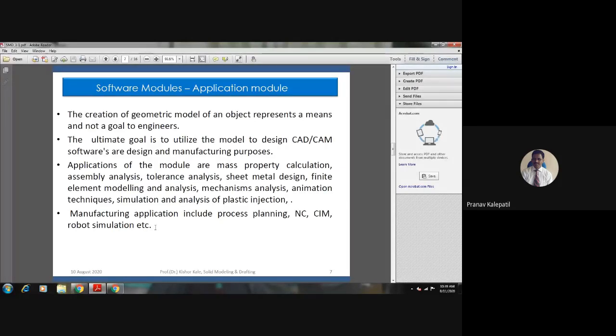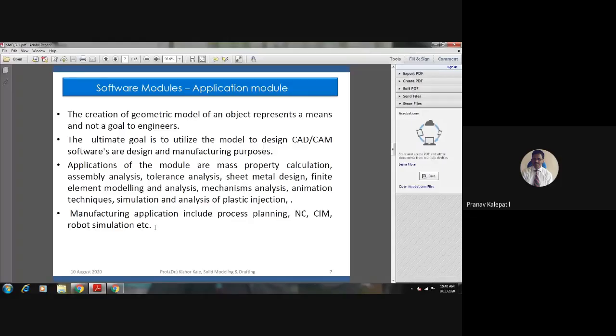Sheet metal design: the same model can be used for sheet metals. In finite element modeling and analysis, that means for calculation of stress, strain, and so on, we can use these models. Then for mechanism analysis, where something is running and moving mechanisms are there, mechanism analysis can be done.